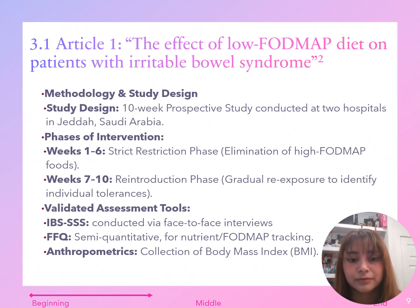severity. So, like I mentioned earlier, it was a 10-week prospective study in which they recruited IBS patients from a previous relationship with these 2 hospitals. So, that's where they recruited their patients. And there were 2 phases of their intervention. So, they had the strict restriction phase, which was the first 6 weeks, and then the reintroduction phase, which was the last 3 weeks. And then the validated assessment tool they used was the IBS-SSS, which was conducted through